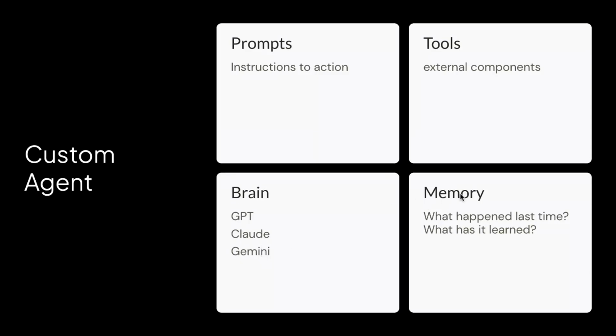And then there's the memory, and the memory can be what happened previously and what your response and outcome, or kind of response to it was. But it could also be, did you upload and have it ingest any specifics? So, for example, it could be what your protocol is, or how you define a certain term, or one example I've seen used for the custom agents is calling into a company's database of